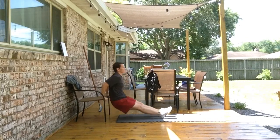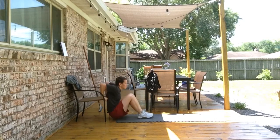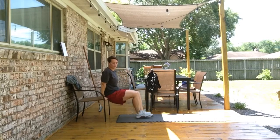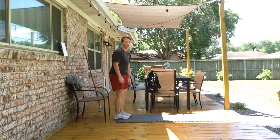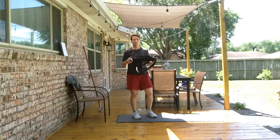These are tougher. Okay? A little bit of assistance, I can bend my knees. Take a little bit of pressure off of the arms for that work. 40 of those. And then the last movement we're going to finish up the workout with is going to be